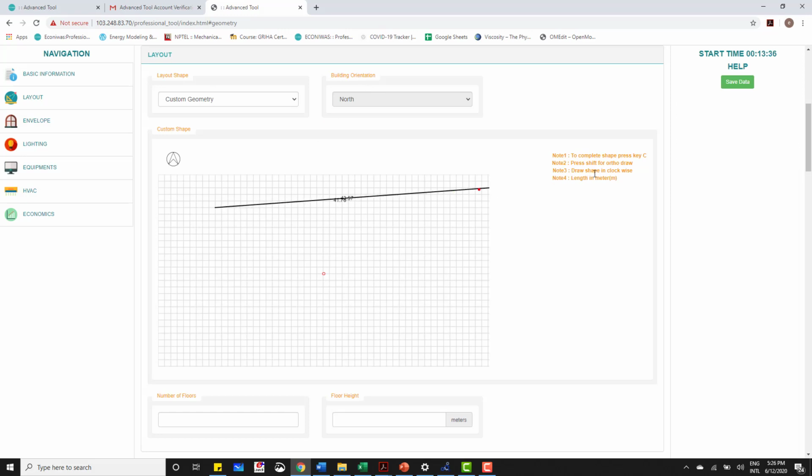Now the tool says that to draw an ortho line, we have to press the shift button. So there is a certain amount of help available on the canvas layout to assist in the custom geometry drawing. Now let's suppose that our building is 15 meters in length on the northern facade. On the eastern facade, let's say it is somewhere around 5 meters. Then there is again a wall on the northern facade, maybe again 5 meters. I'll try to make it as appropriate as I can. Then on the eastern facade again there is a wall of 5 meters. Then on the southern facade there is a long wall face of 20 meters, and then closing down.